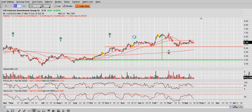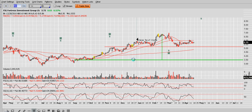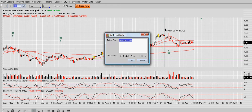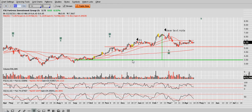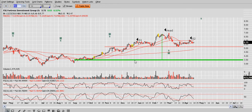The basic gist of it is we have a left shoulder, which I will call shoulder 1, S1. We have a head, which is just head, and we have on the right side a second shoulder,